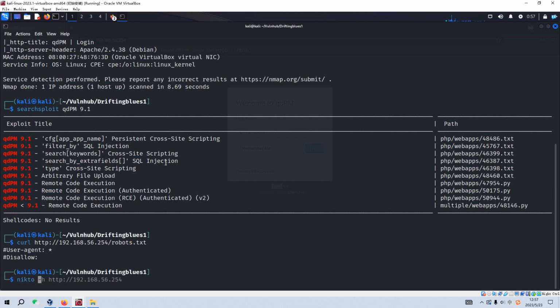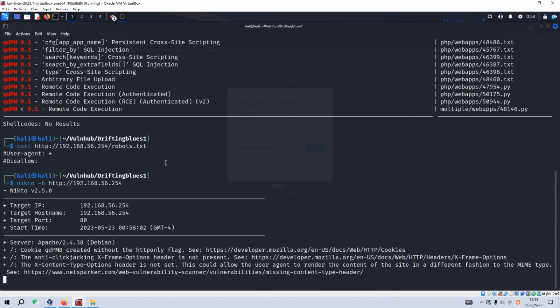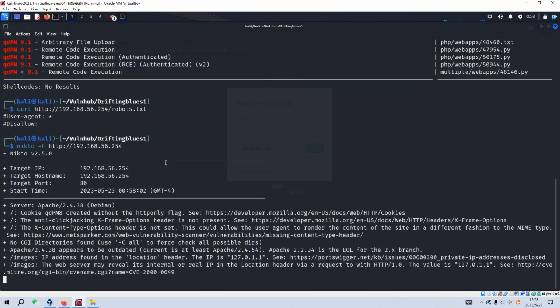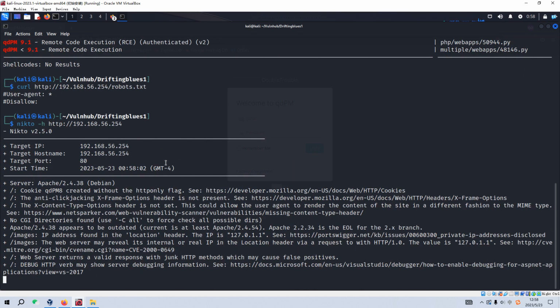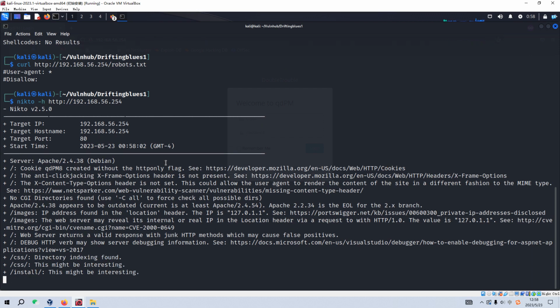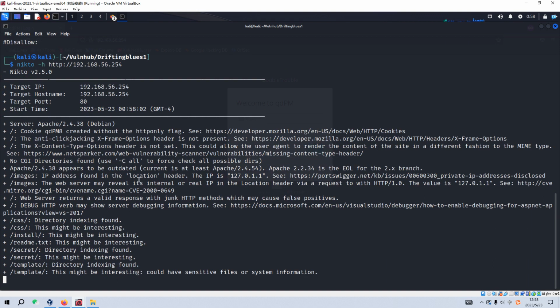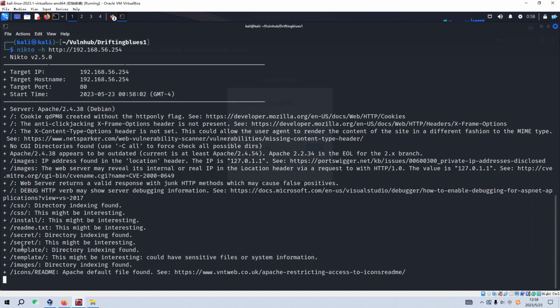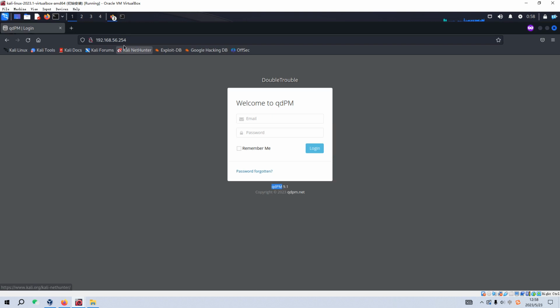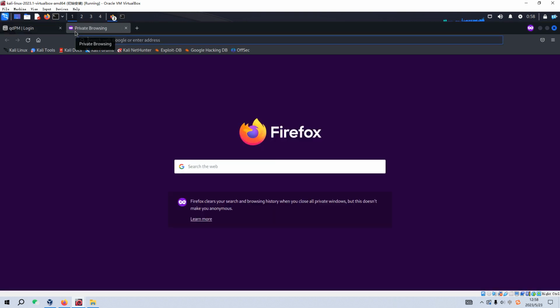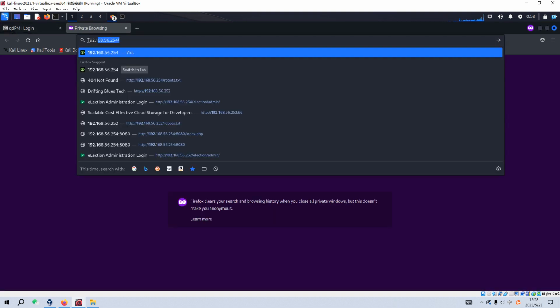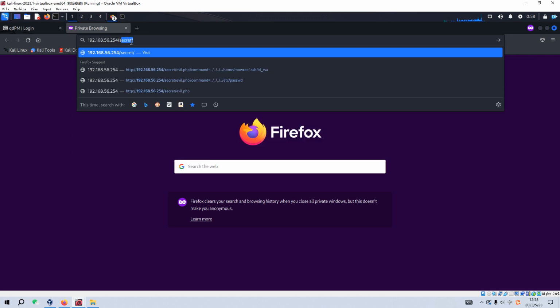And now we can use Nikto to make some further enumeration. Yeah, immediately we got one very interesting directory, which is secret, and we can visit this directory secret,